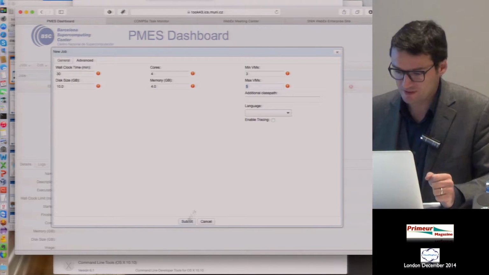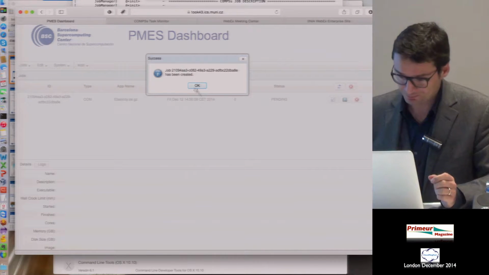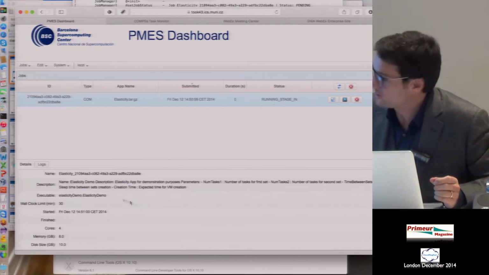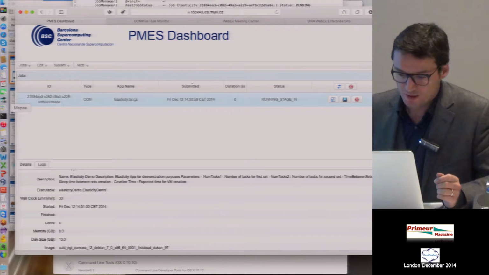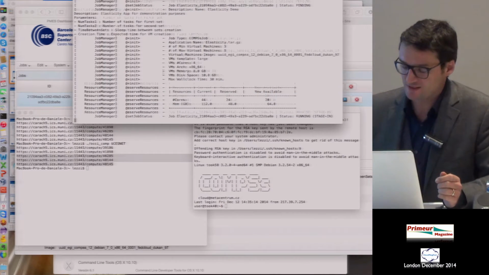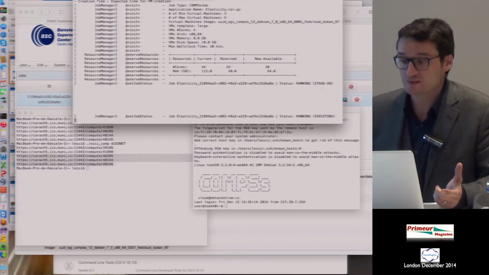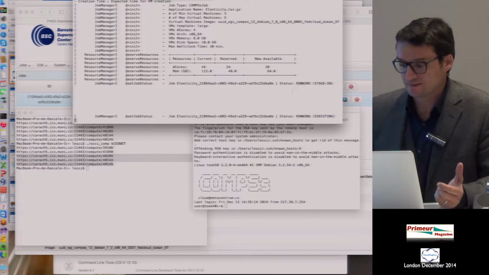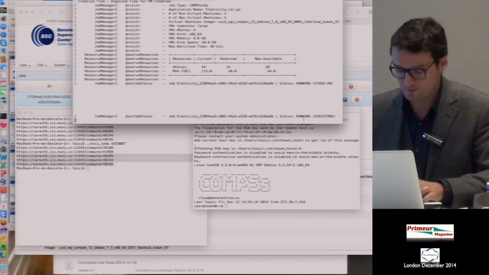So I will submit the application. Here the application is now running. If we go to the log, you can see the server that is now deploying the package, the application, to this machine.